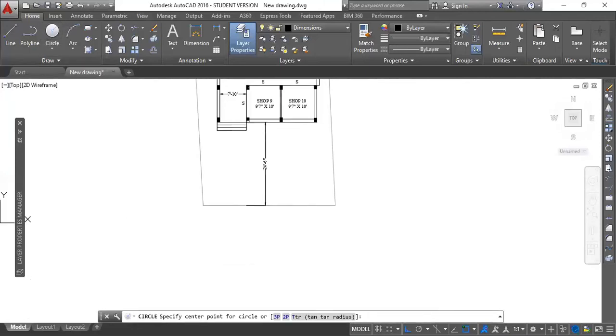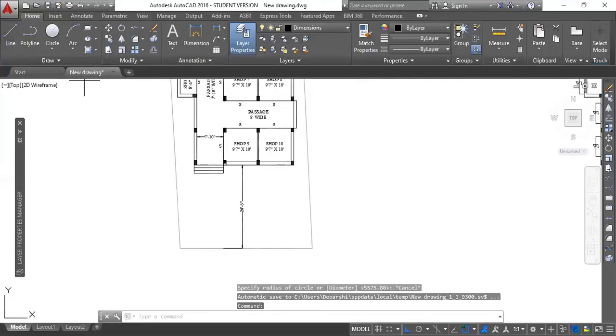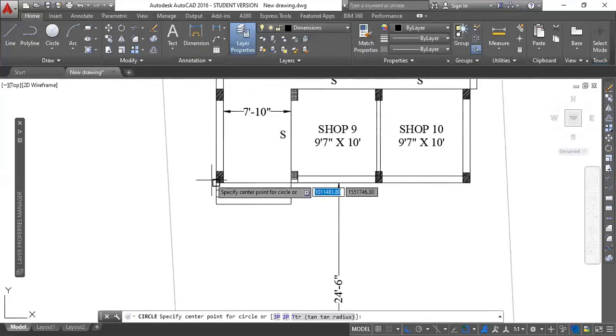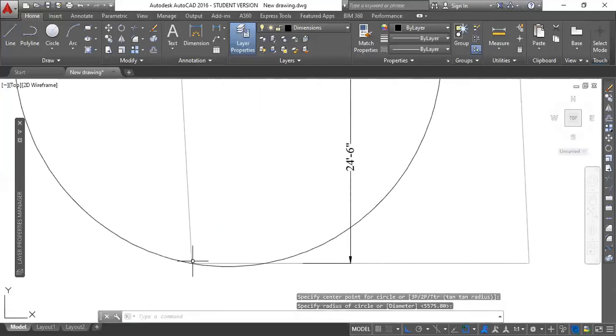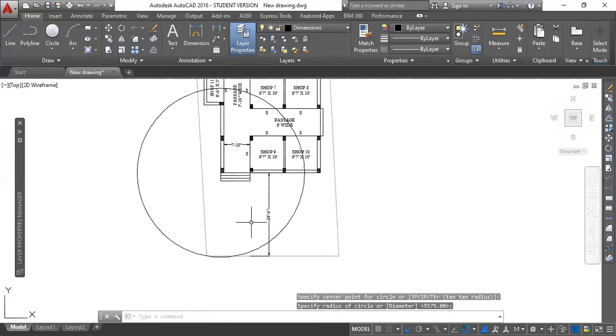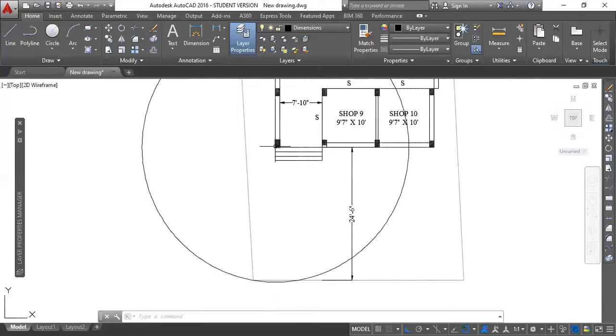So in my case, I had to draw a circle here, because he had a dimension from this corner portion. I don't like to say it this way, obviously, but he measured this corner distance.